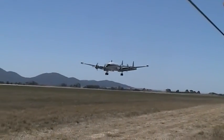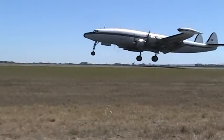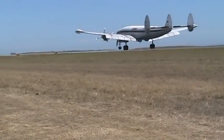Medivacs of 131 patients from a local hospital. The Air Force dispatched a pair of C-130 Hercules carrying aeromedical evacuation personnel from